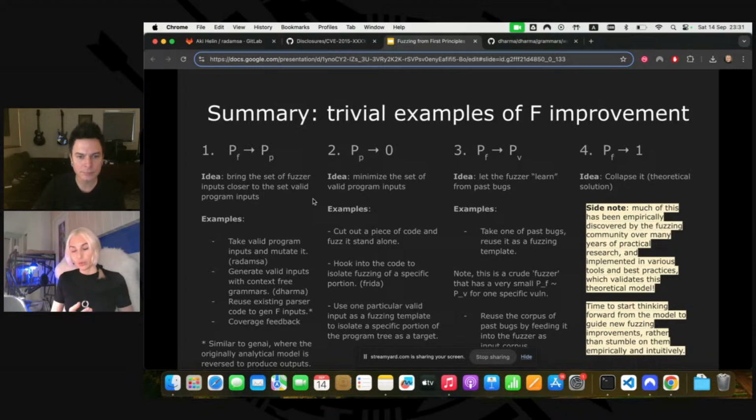Similarly, we can do roughly the same thing by reusing an existing parser in order to generate a valid format for the file or a protocol. This is an approach which I don't honestly see a lot in security research, but myself, I use it very, very often, and I have used it many times and successfully, especially if you have time constraints and you know that you have some format and maybe you don't have the specification.